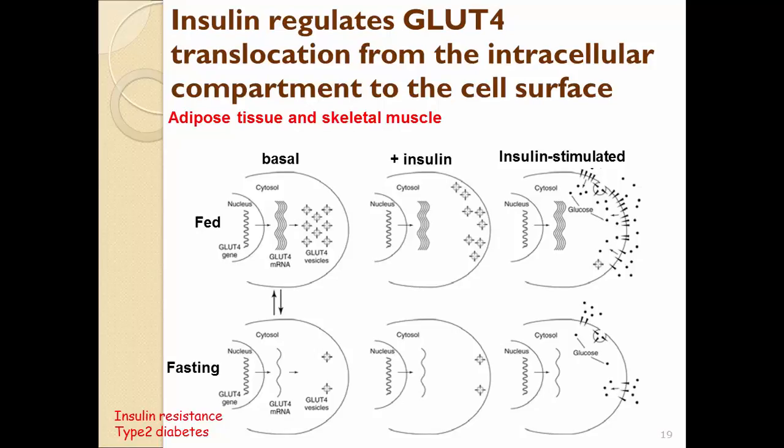So type 2 diabetic patients will not have a higher activity of glucose transporters in the skeletal muscle and adipose tissue, right? That will leave a lot of glucose in the circulation and cause the high blood glucose level in type 2 diabetes. So this is the main problem, but of course type 2 diabetes is a very complex metabolic disease,